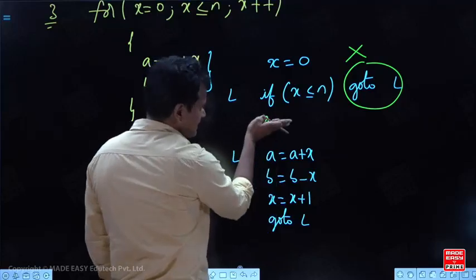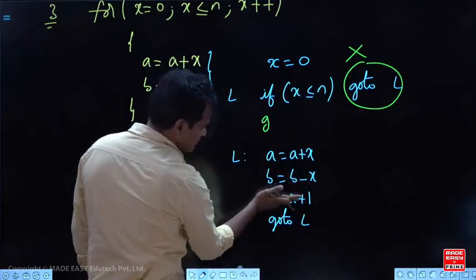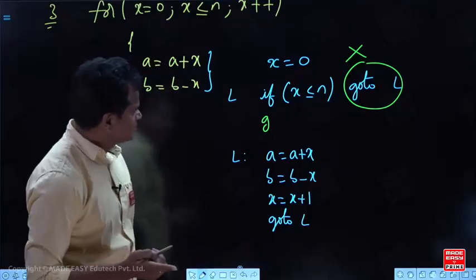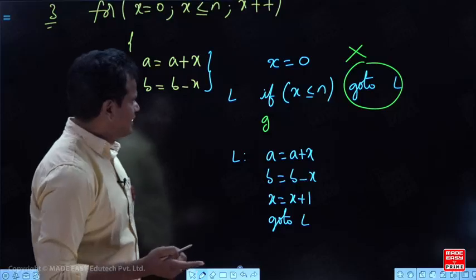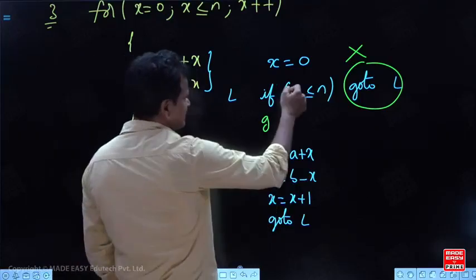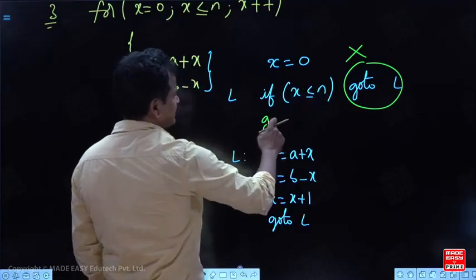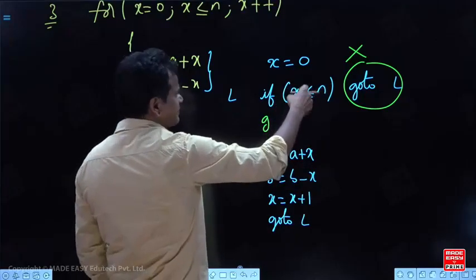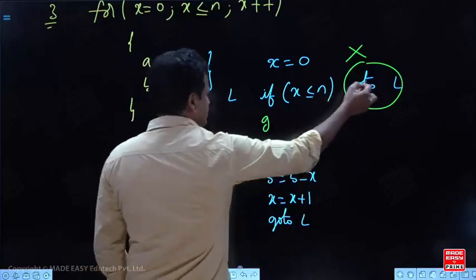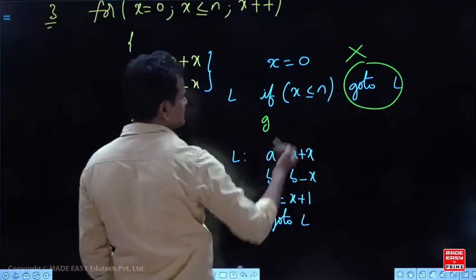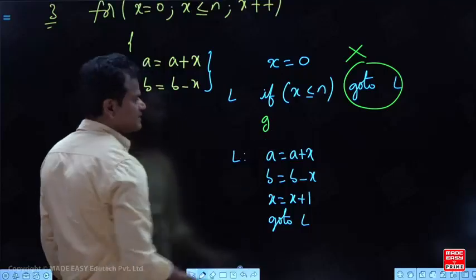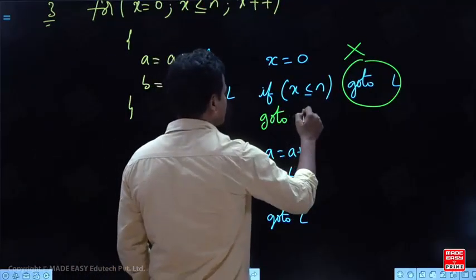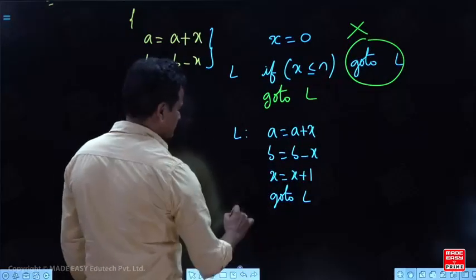If I don't write anything as the next instruction, it will be executed continuously, and it will go into an infinite loop. Am I right? Even though the condition failed, x will again be incremented. Instead of going to L, it will come to the next instruction, and if nothing is there, this will automatically be executed. So you have to come out of the loop. For this reason I write the go to, which means you have to come out of the loop.